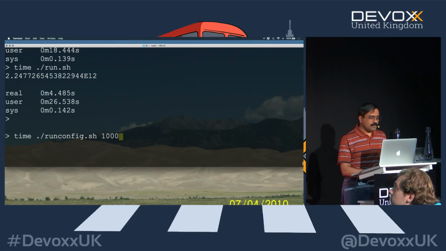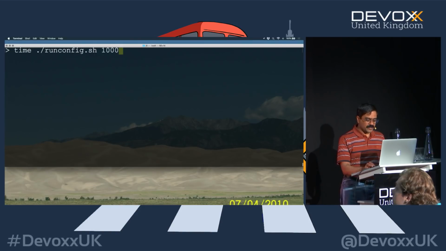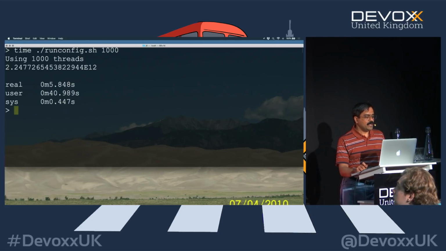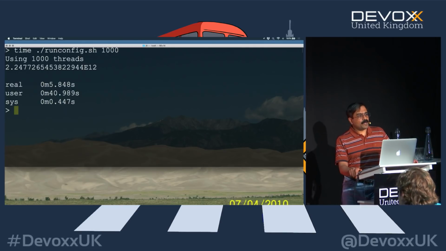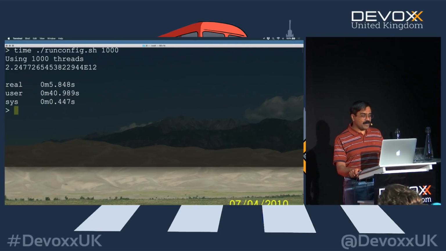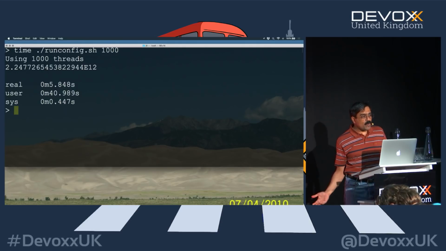And remember how much time it took to run, 4.48 seconds almost. Now I run it with 1,000 threads on this machine. How much performance am I going to get out of it? Notice actually it took 5 seconds now and not 4 seconds. By increasing the number of threads, we actually ended up running slower. Like I mentioned earlier, I worked on problems where the concurrent solution with as many threads as the number of cores would give me a certain speed. When I increased the number of threads, I actually started slowing down very drastically.